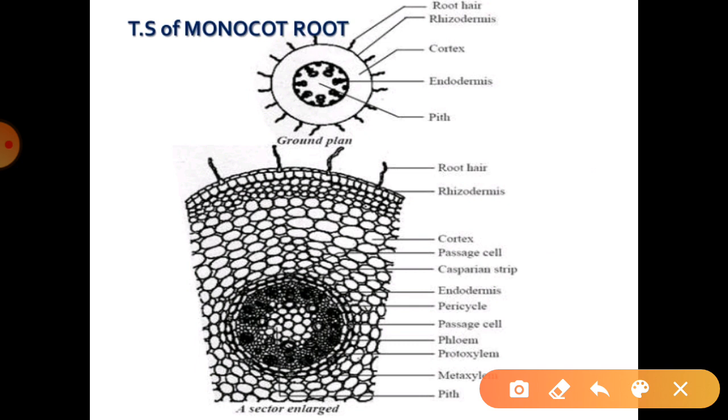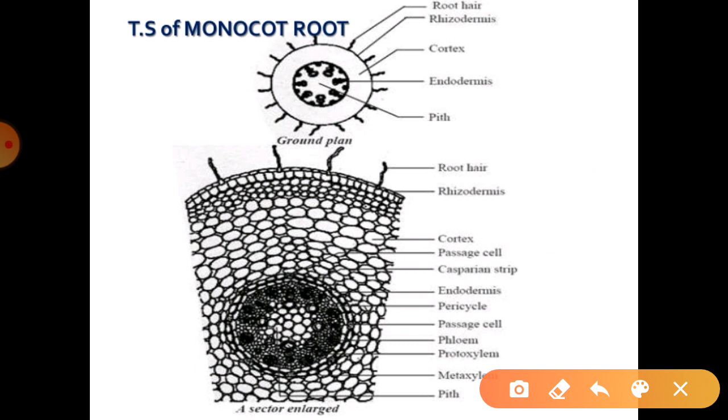We can say the phloem and xylem are separated from each other by a narrow strip of conjunctive tissue. The phloem cells store food if they are parenchymatous, and they provide mechanical strength on becoming sclerified, and they are involved in the formation of the cambium. If we talk about the pith, it is large and well developed, made up of parenchymatous cells with intercellular spaces. These cells contain starch.